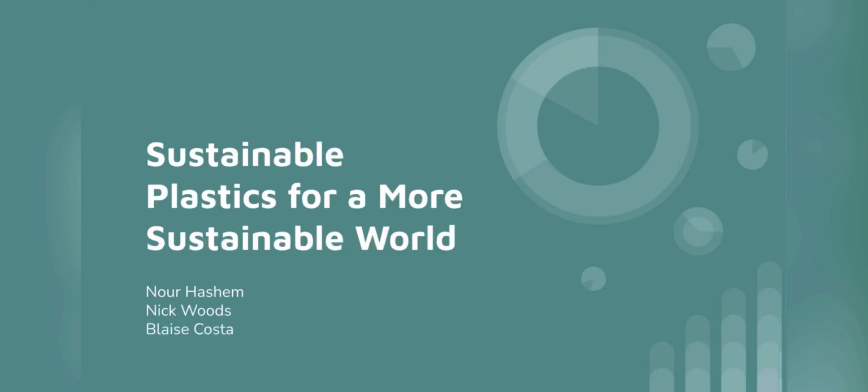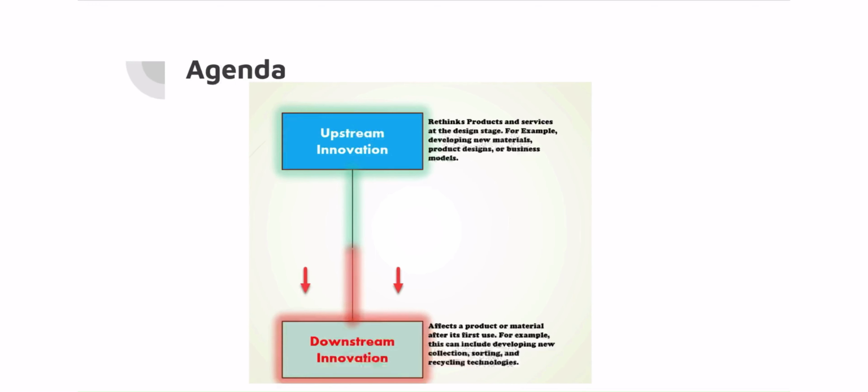While the other group worked on upstream solutions to the crisis, our group focused on possible solutions from a downstream approach. While upstream innovation addresses the problem at the design stage, a downstream approach is the intervention after plastics already exist. A couple of examples include the methods of disposal, degradation, recycling, and remediation of plastic materials.